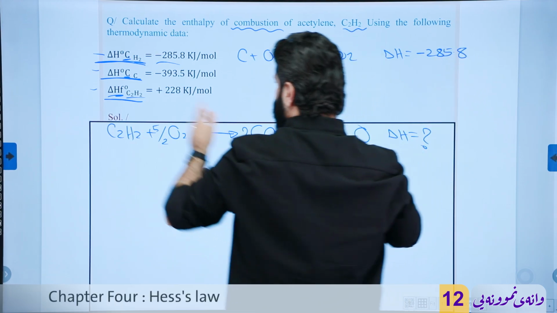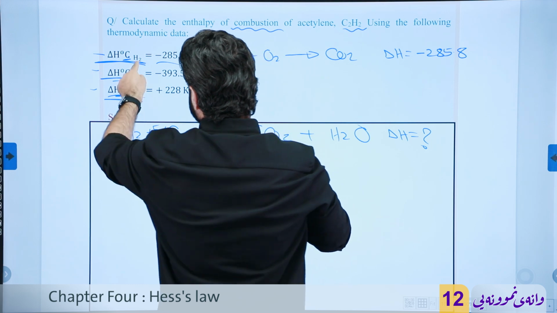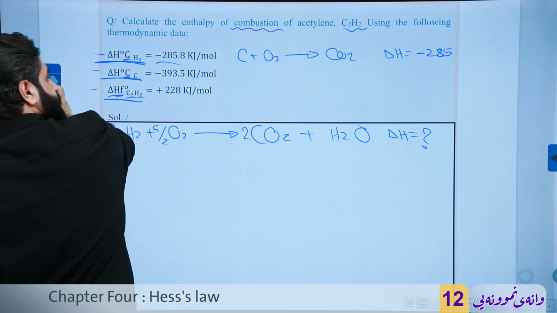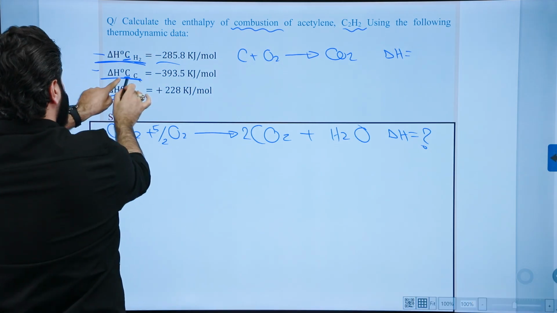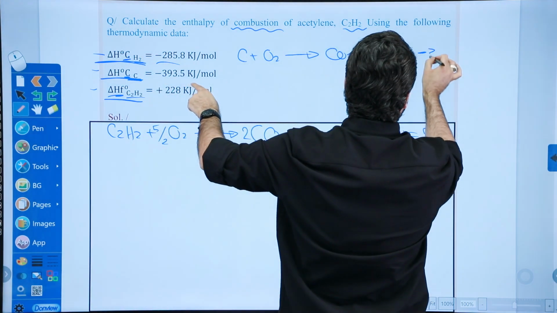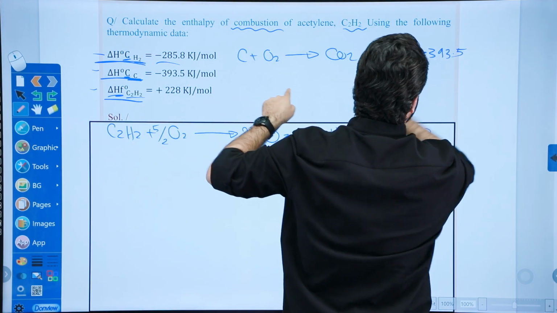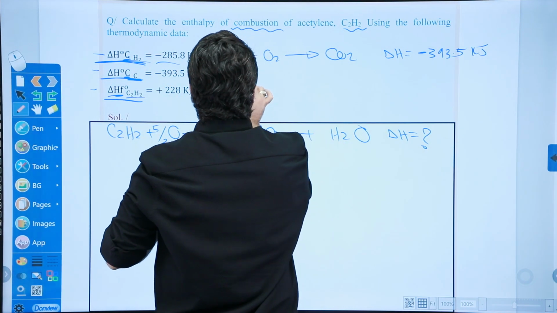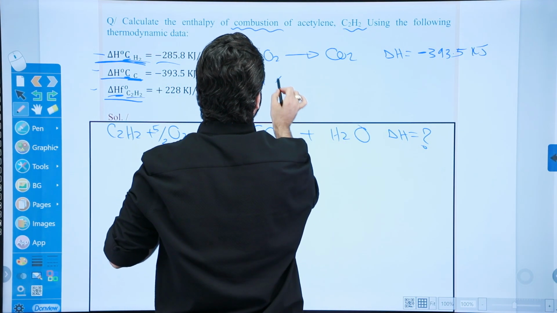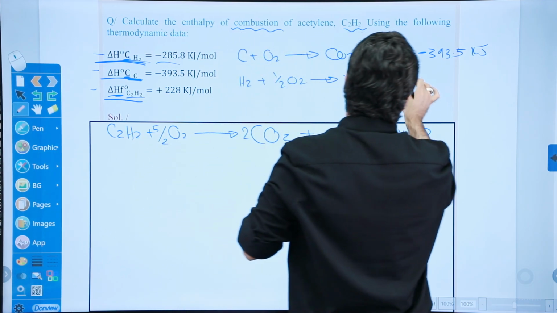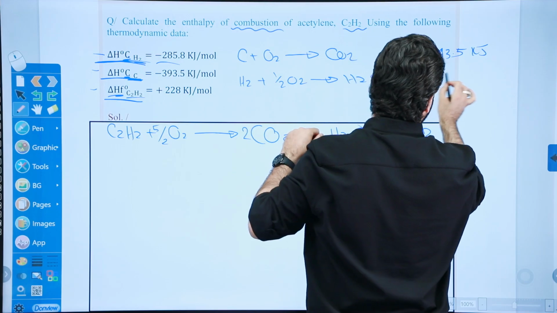Okay? So combustion of carbon plus O2 to form CO2, and delta H equals negative 285.8. Good. Combustion of this is hydrogen. I'm really sorry, my dears. Okay, this is for carbon, but I just changed the number. Okay, combustion of carbon, right? The value is negative 393.5. Very good, kilojoule. And then combustion of hydrogen, H2 plus 1 over 2 O2 to form H2O. Delta H equals negative